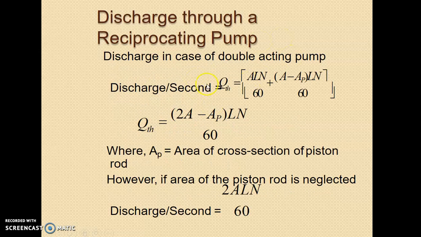So the discharge can be written as discharge on one side plus discharge through the other side. So theoretical discharge can be written as this expression, 2A minus Ap multiplied by LN by 60, and if we assume that this area is very low or very less,